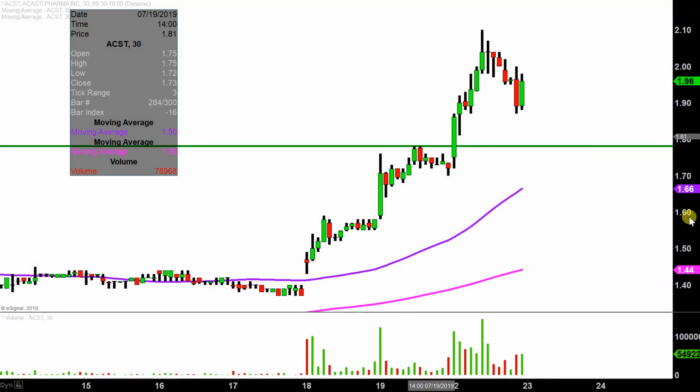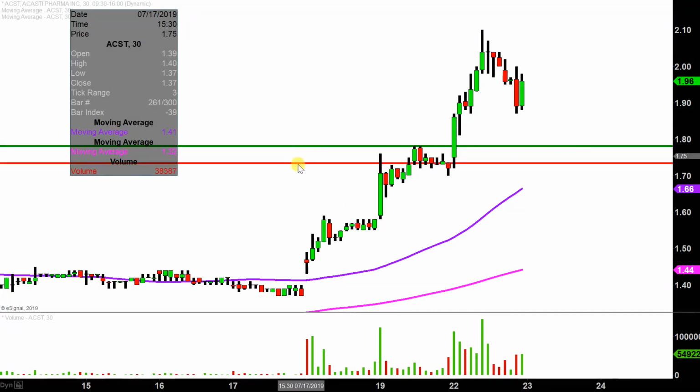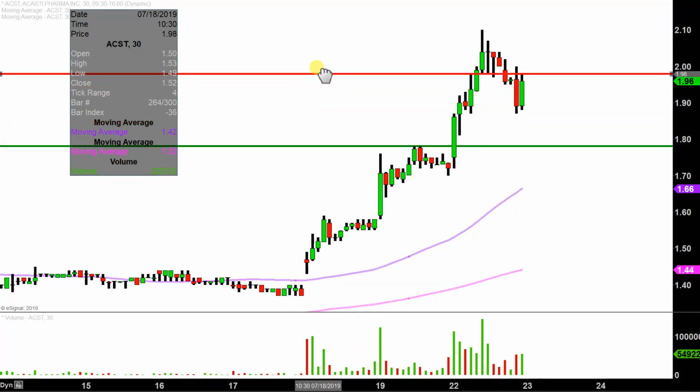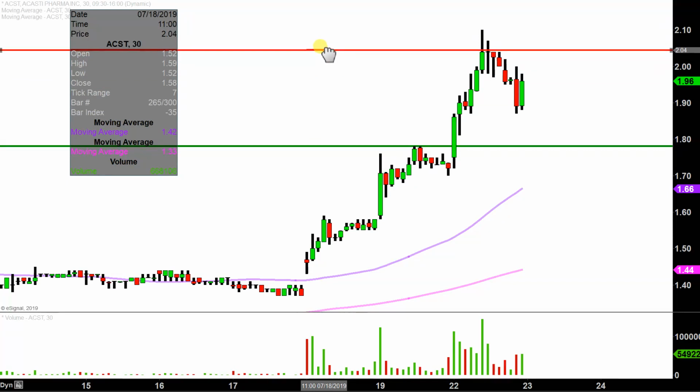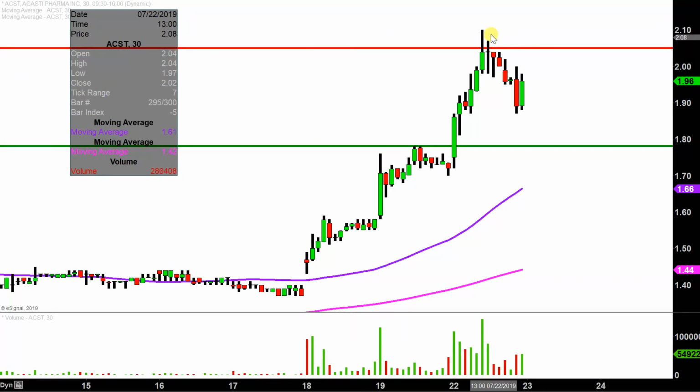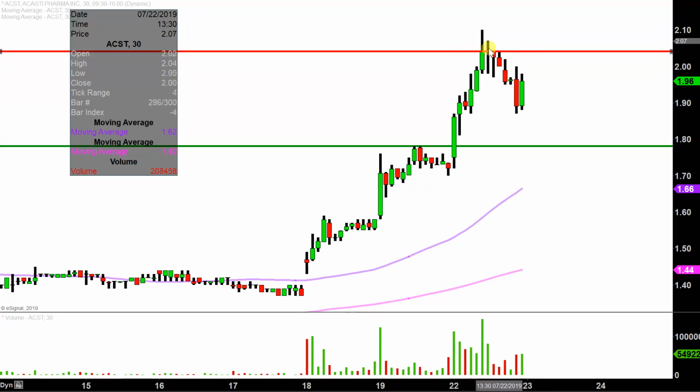What about levels of resistance going forward? Pretty straightforward, just simply where the party essentially stopped today. And that's right up there around the 205 mark. I get it, the price did go higher than that, but there just seems to be more price congestion right here around 204 or 205. So in my opinion, this is the truer level of resistance,